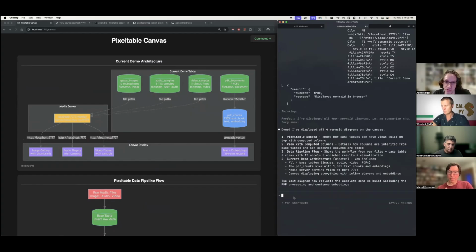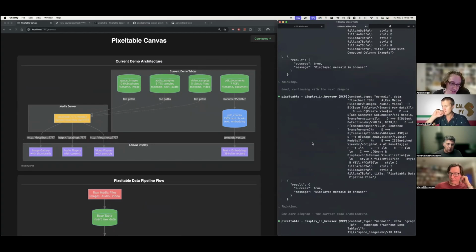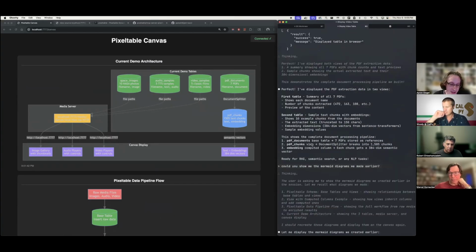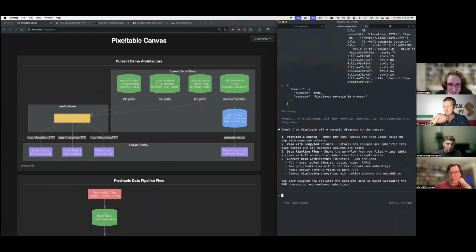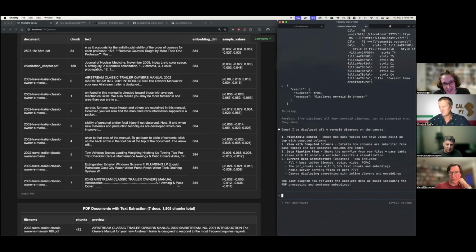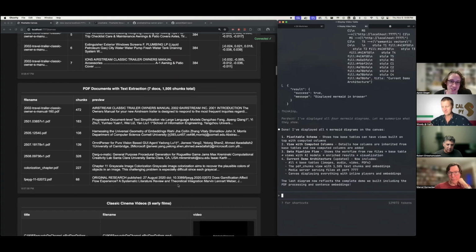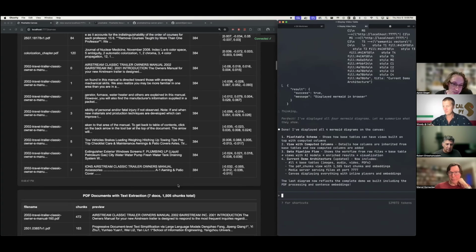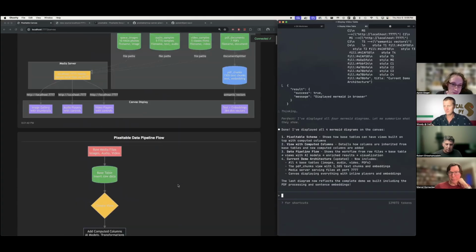So searching for that particular scene would be a query against that table, but you'd have all of the data in the table. If your next question was, okay, now I want to see the scene with, I don't know what's his name, the sorcerer, Tim the Enchanter, give me the scene with Tim the Enchanter, it would just be another query against the table, and that would be very fast. So you'd have the data prepared and indexed in Pixeltable at that point.